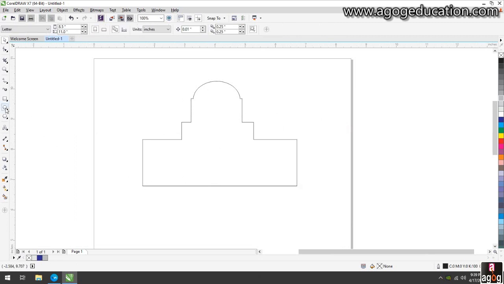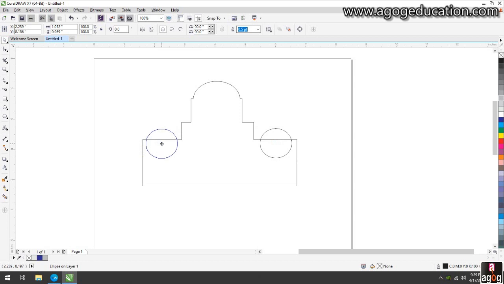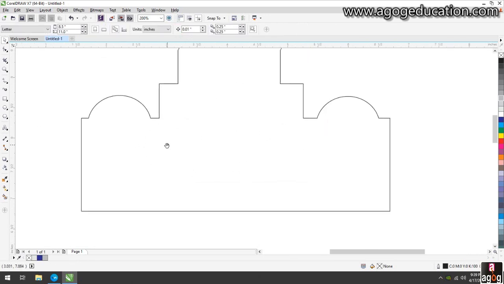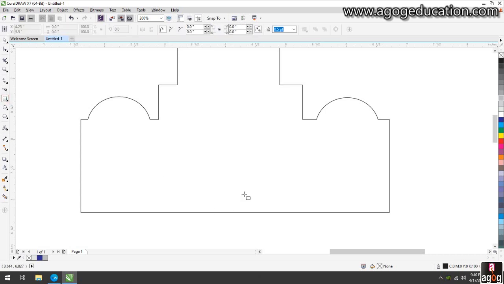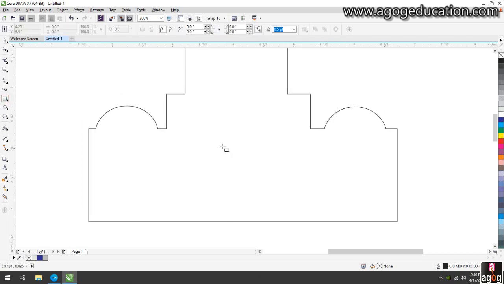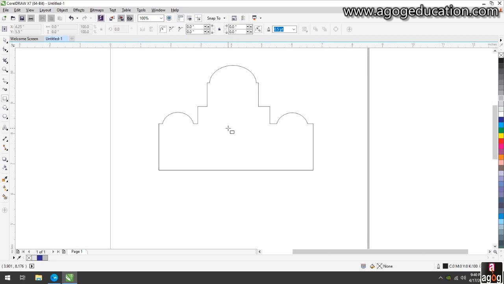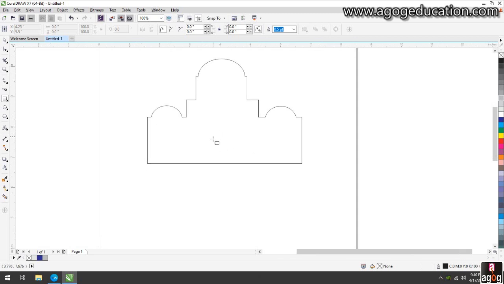Now again I created a circle for a dome and another one here. Then select and weld. Now I'm going to make some windows and doors. I'm just creating a simple shape and a simple object. You can try it with a complex object too. So let's try to make a door.